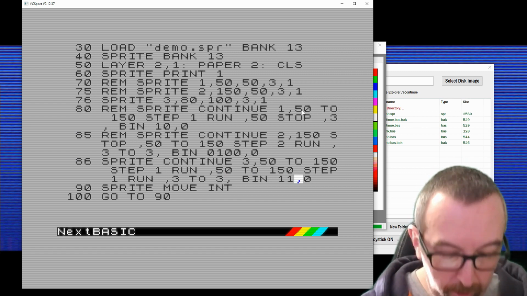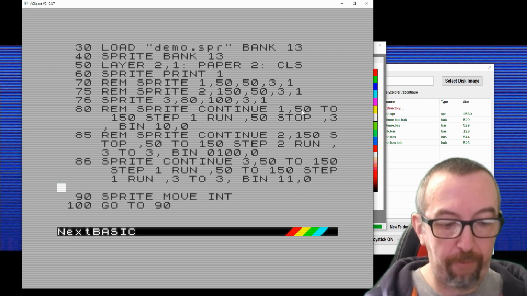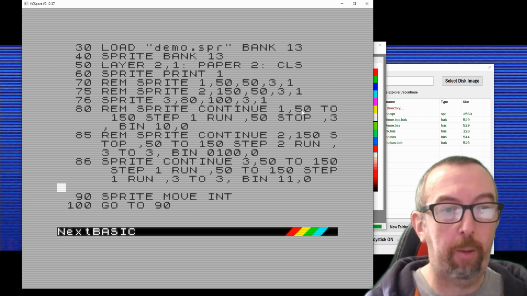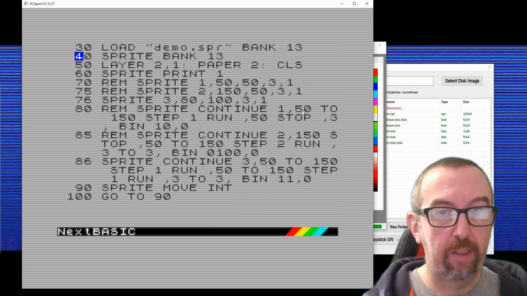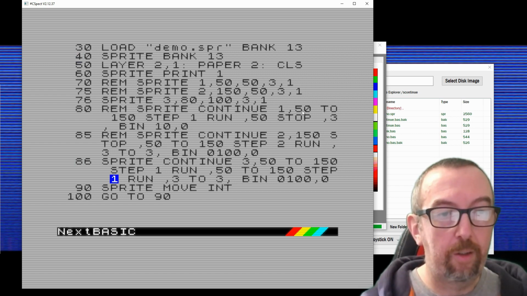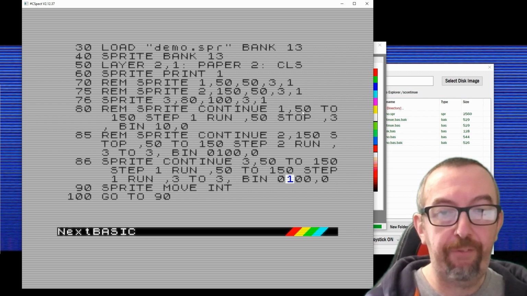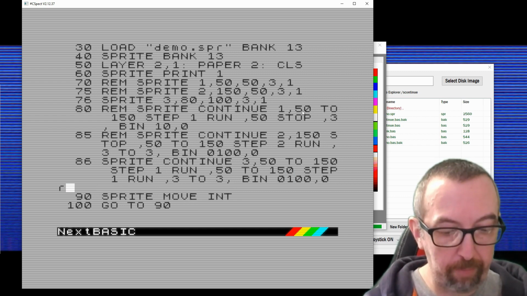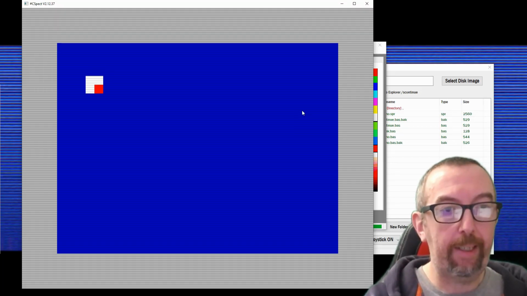And then 1-1 was to stop moving and turn itself off when it gets to the edge of the bounding box. And there we go. So that's the first 2 bits. So with the 3rd bit set, it flips at the top and the bottom. So when it gets to the bottom, it flips. When it gets to the top,